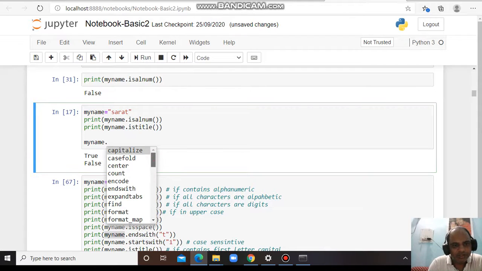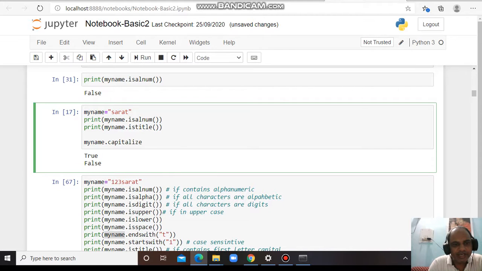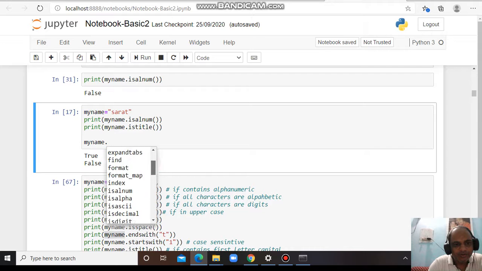See, all these things: is number, is alphanumeric, is decimal, is digit, is identifier, is lower, is numeric, is space, is title. Everything you can get just by the variable name, then dot, then tab.